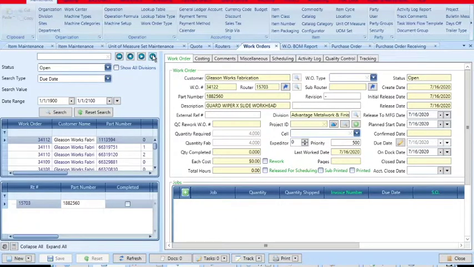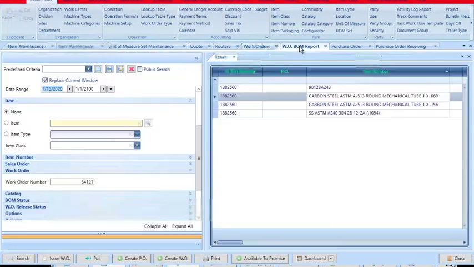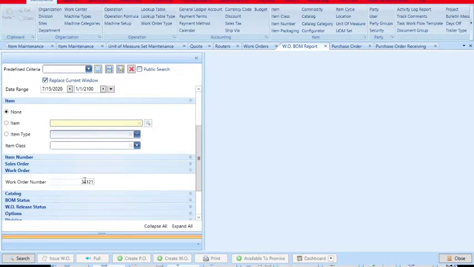And sure, we created a work order, which is 34122, quantity of 4. And now we're going to go look at 34122, search,